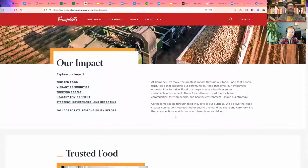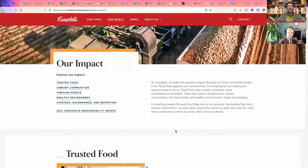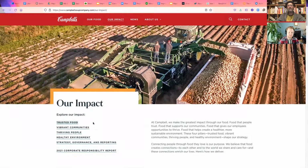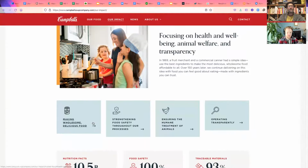Yeah. Okay. So they have their trusted food. They have healthy communities, governance, corporate responsibility. I mean, I think that's ESG. They're a little behind on the times there. Yeah, I feel like this is